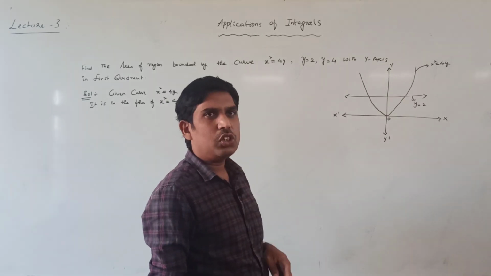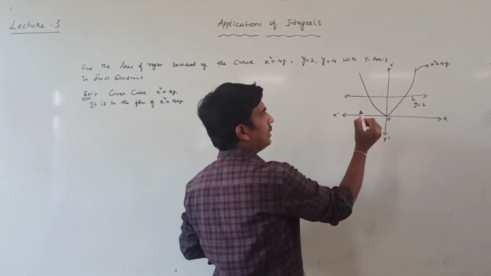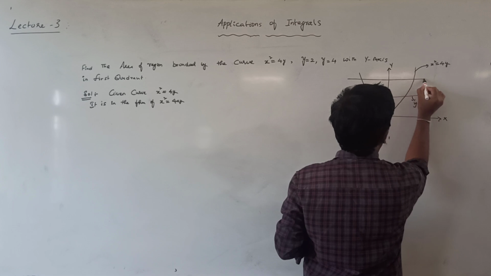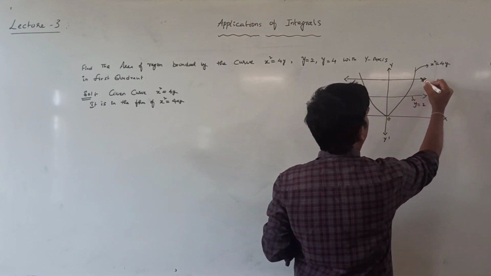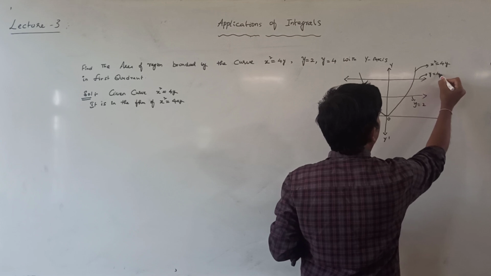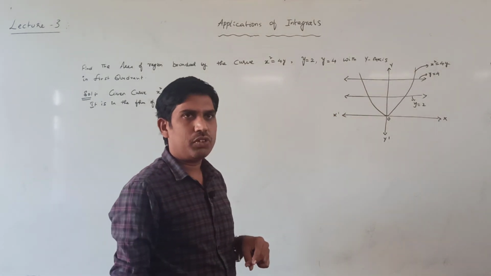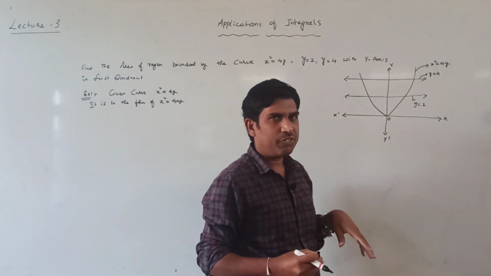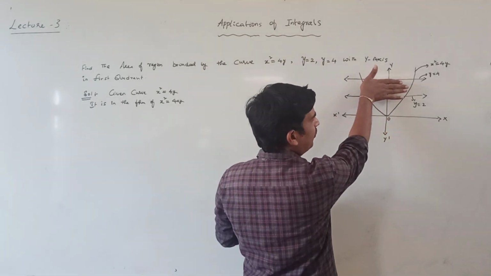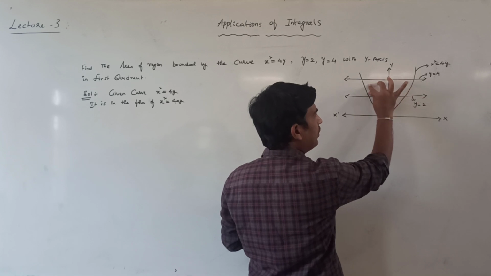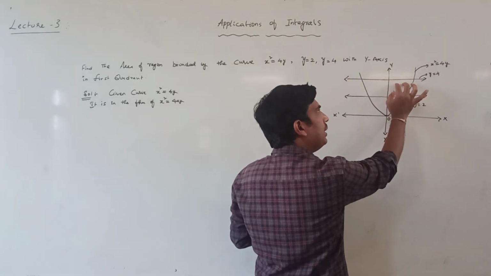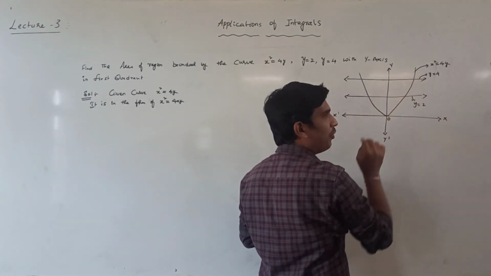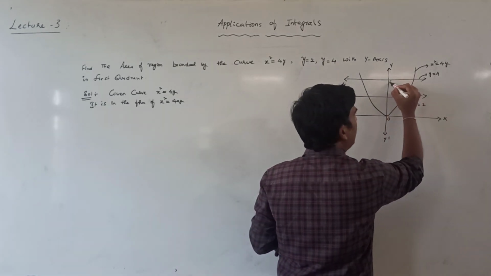Next, one more given, y is equal to 4. Similarly, it represents a horizontal line above the x-axis at a distance of 4 units from origin. So therefore, it represents the horizontal line y is equal to 4. Next, with the y-axis in first quadrant. If first quadrant is not mentioned, this is the part we have to find out, this one as well as this one, but only the part under the first quadrant we will get. That's why this area only we have to find out. See, I shaded the region here.